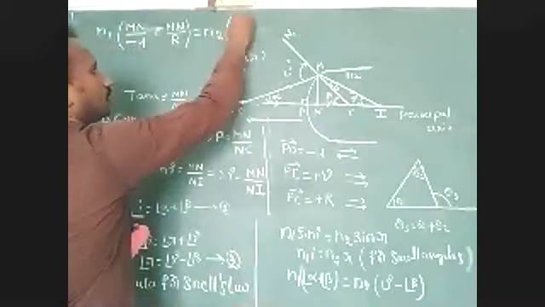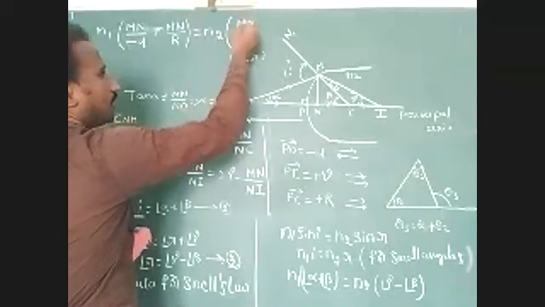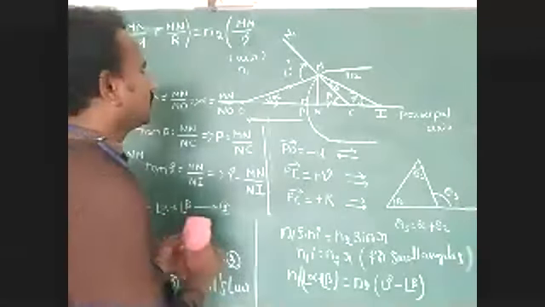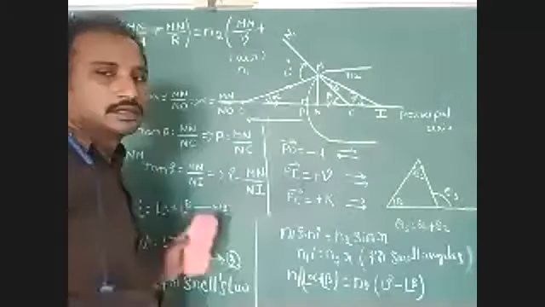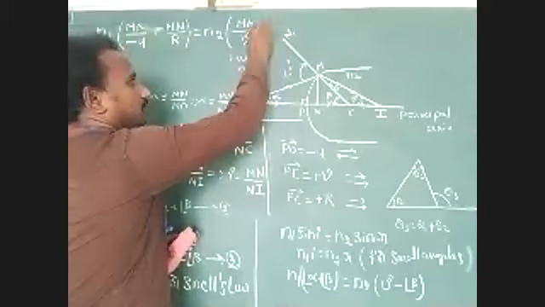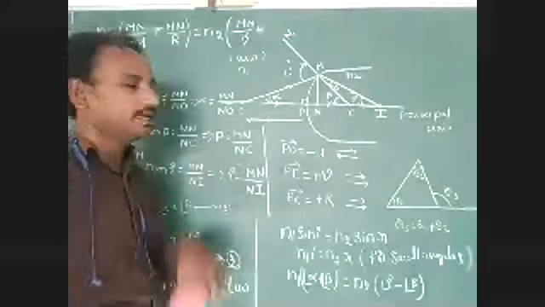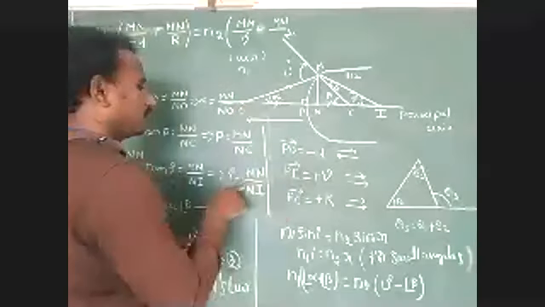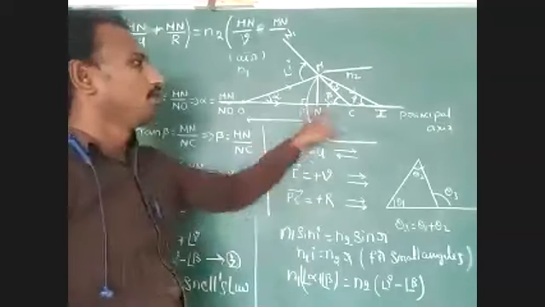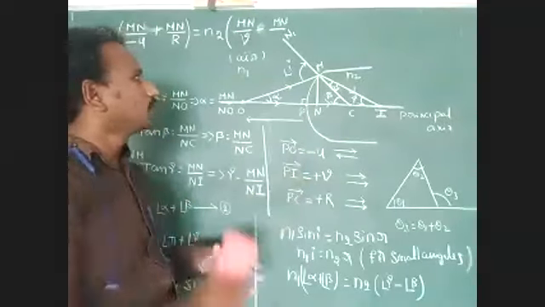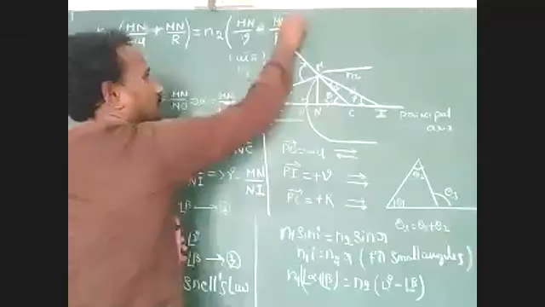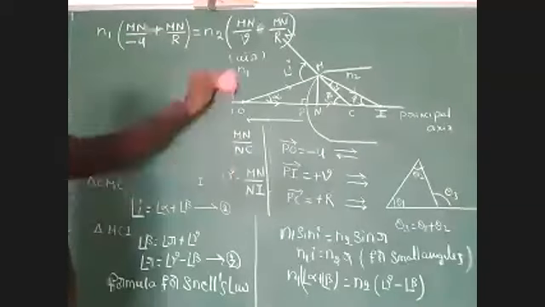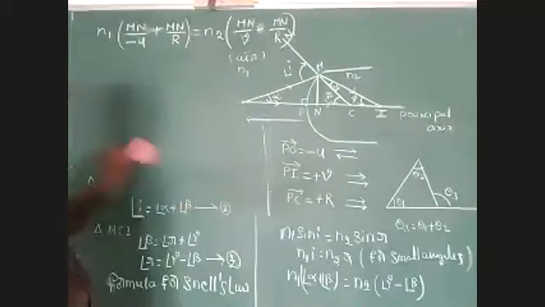Here MN divided by PI value equals plus v. Just identify this point, plus v. Next one, plus or minus, what is the gamma value? MN by NC. MN value as it is, we write MN divided by NC value. NC value equals PC, and PC equals radius of curvature. Completed. Now we have to find the formula. This information is enough.